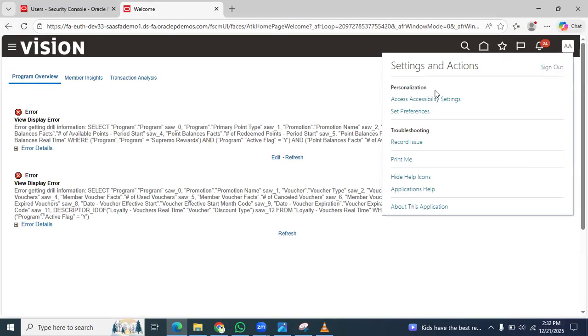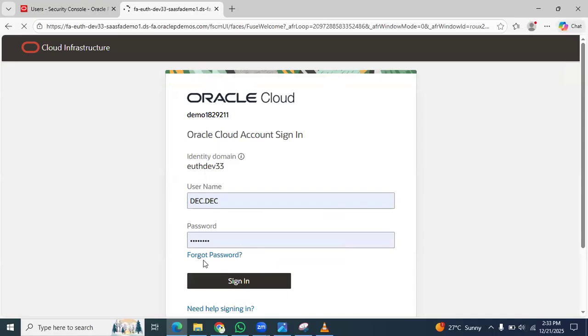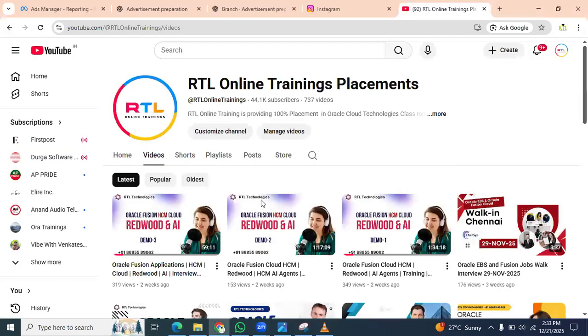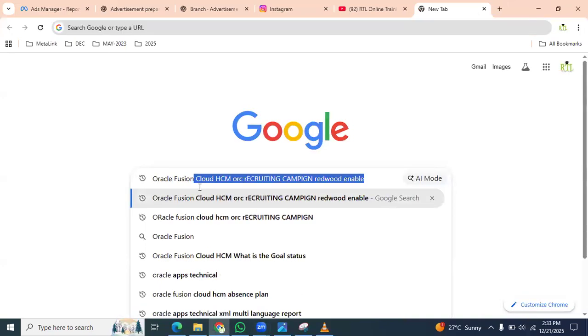So what we have to do is disable this Redwood page and enable the responsive UI page. Let me log in as an implementation consultant. For any Redwood page, if you want to enable or disable it, it's very simple. For example, we are working now in Oracle Fusion, right? So Oracle Fusion Cloud,